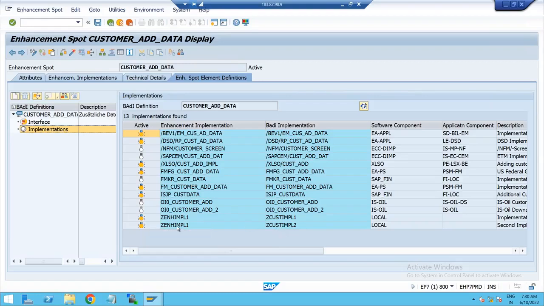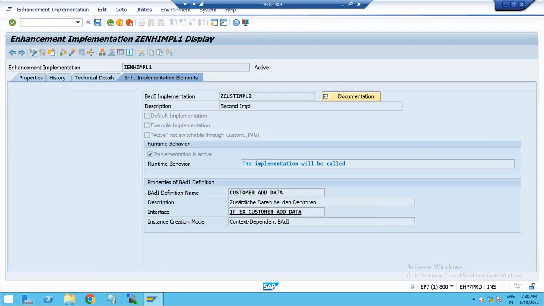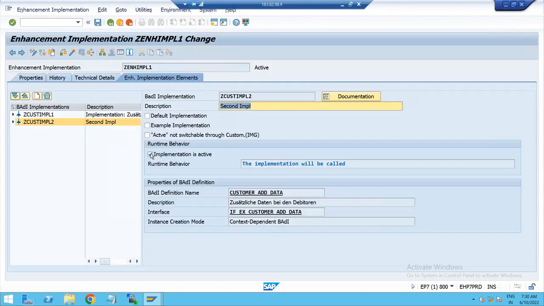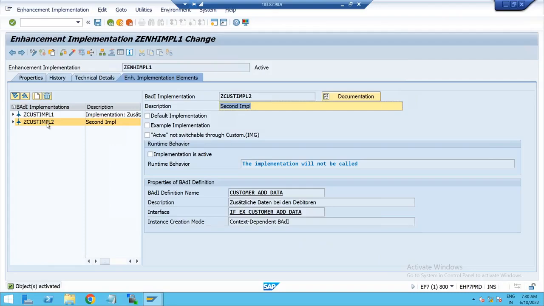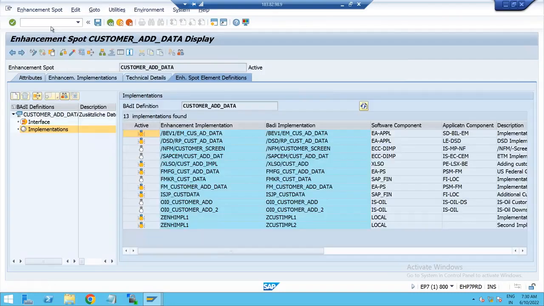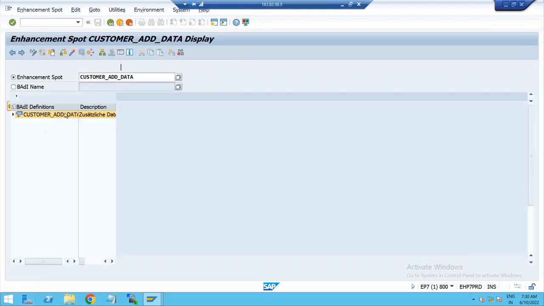So what I can do is go to this implementation and deactivate. Already we have seen how to deactivate. If I double click on this, it has opened, right? I'll open this in change mode. So I'll deselect the checkbox, because the second one I'm deactivating. Okay, so save it, check for syntax errors, and activate the enhancement implementation, but I deactivated the second one. If you go back to SC18 and refresh once again and display,